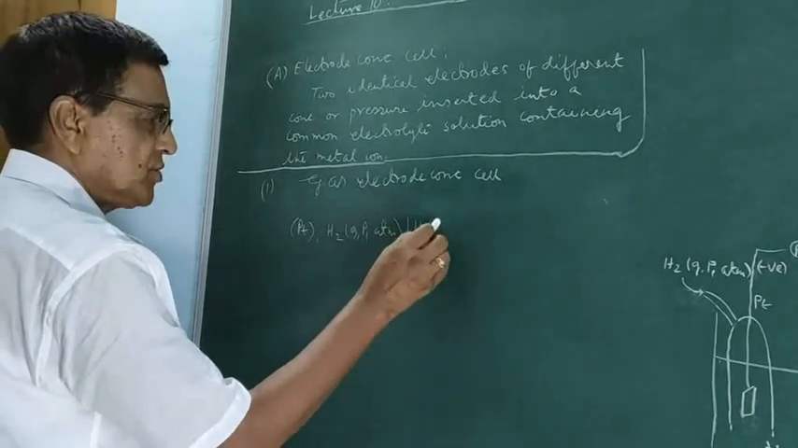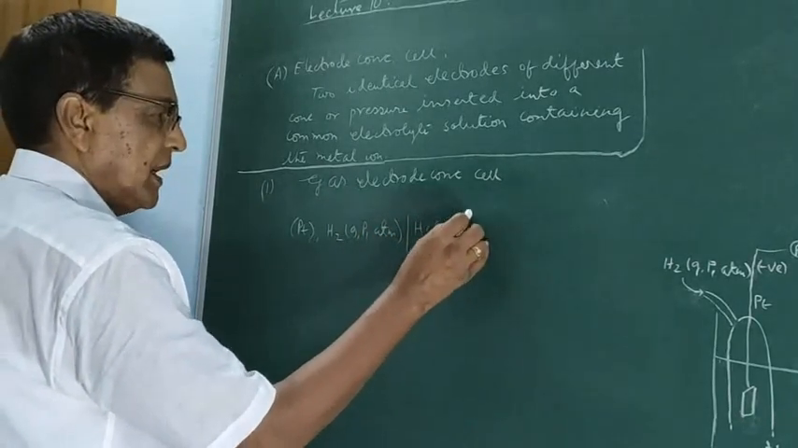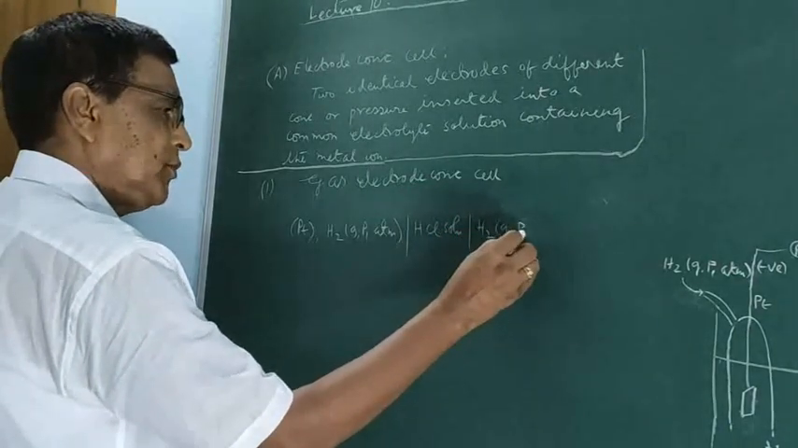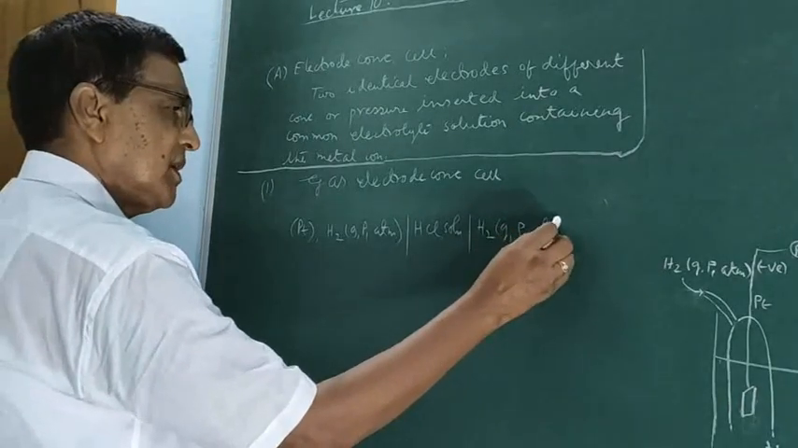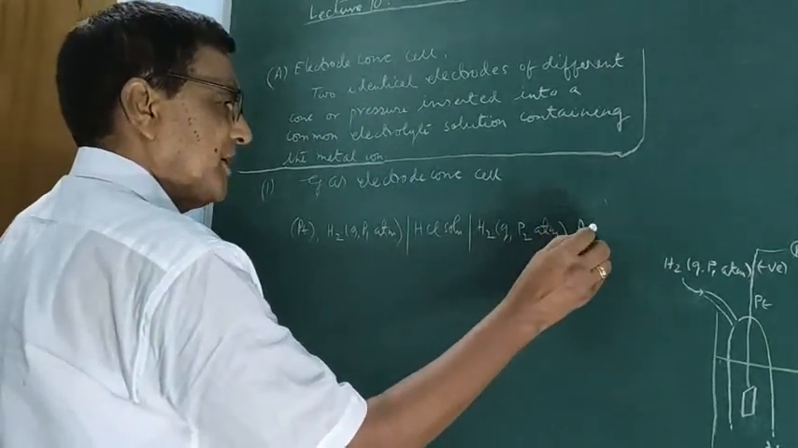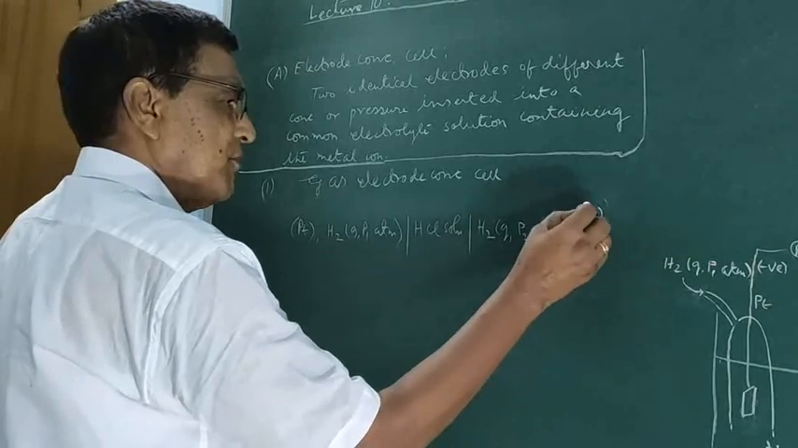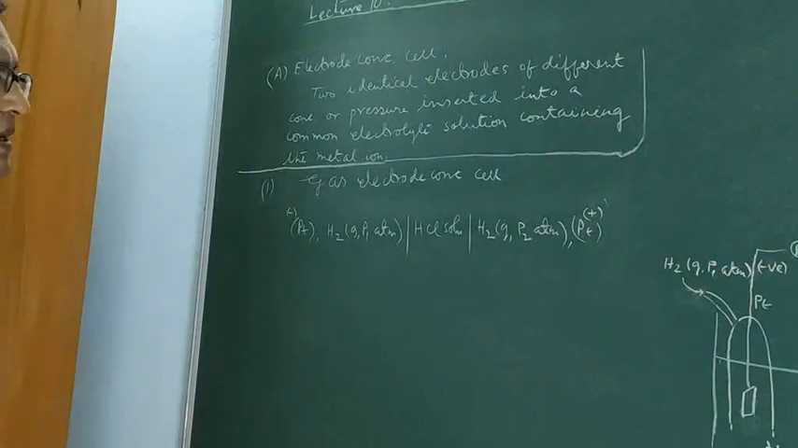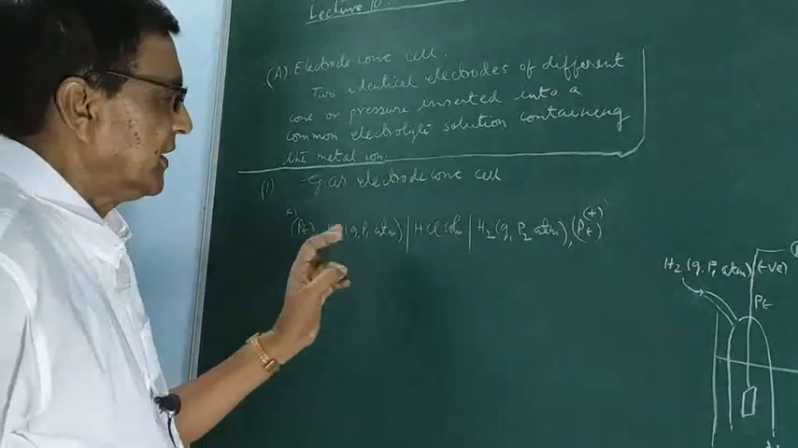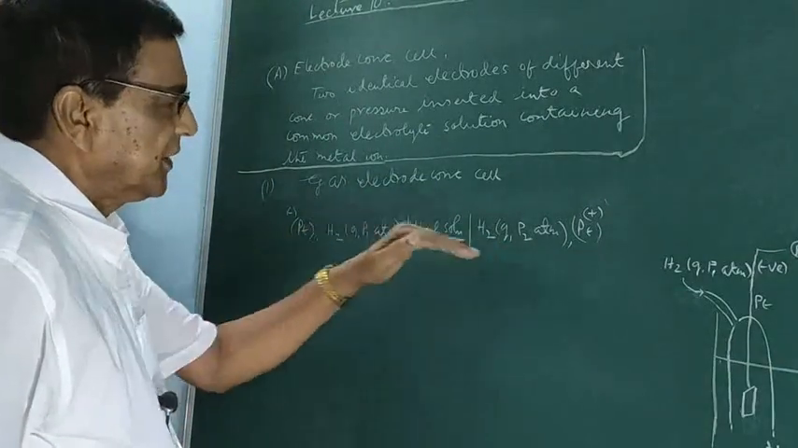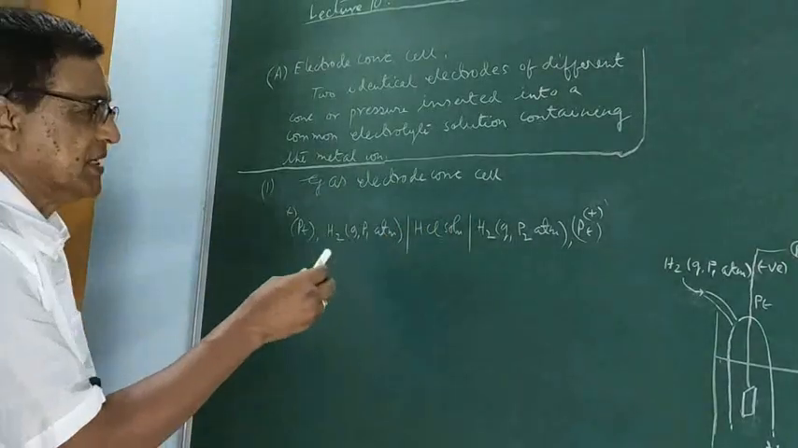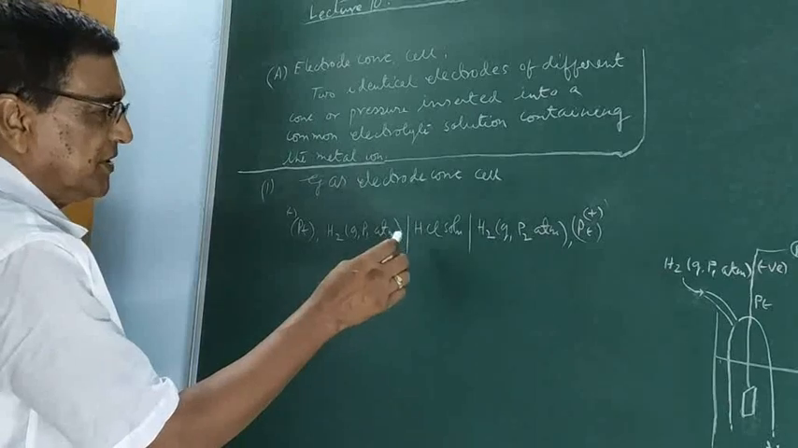here this HCl solution and this hydrogen gas at P2 atmosphere pressure, and here also platinum, and this one is the positive electrode, and this one is the negative electrode. If we consider this type of gas electrode concentration cell, the electrodes are the same but differing in pressures, and they are dipped in a solution of hydrochloric acid, which contains the ion of